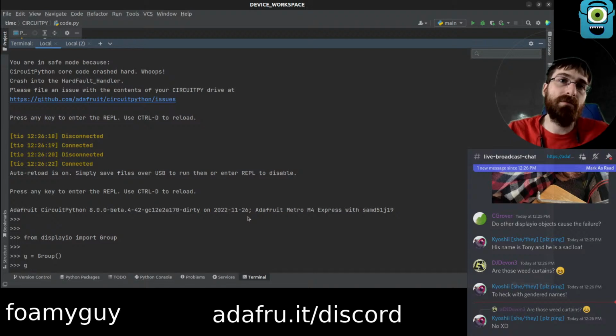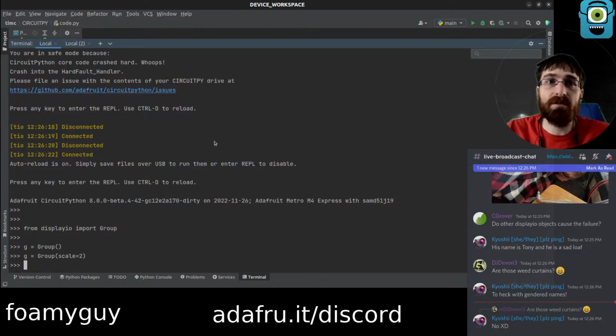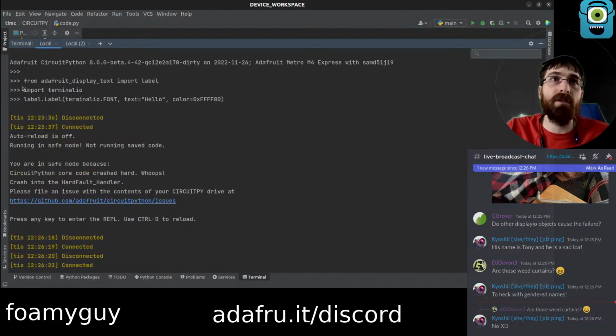Yeah. We did do scale 2 on the label. Maybe it's scale 2. I guess, I mean, we could try. Oh, no, we didn't. I thought we did scale 2, but that's not true. Well, we could try different colors or something. Create a group, no problem there. Try different color. Let's try